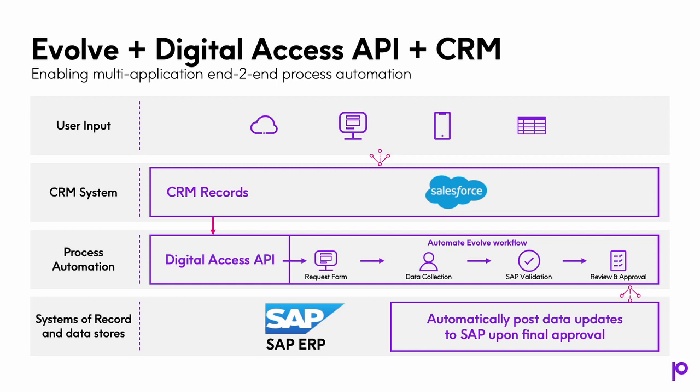So some examples of how this works: if you've got your CRM system and say somebody is doing an account create in your CRM system, they may type in that initial data into Salesforce. And once that initial data gets into Salesforce for starting the account creation process for a new customer, that Salesforce process calls the Digital Access API and then kicks off a more complex and more comprehensive